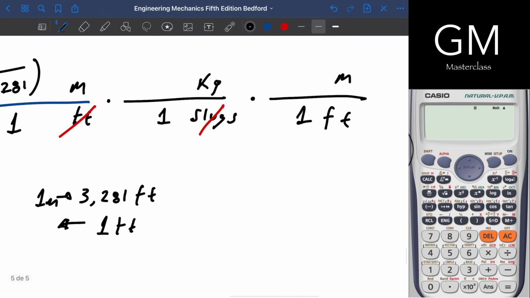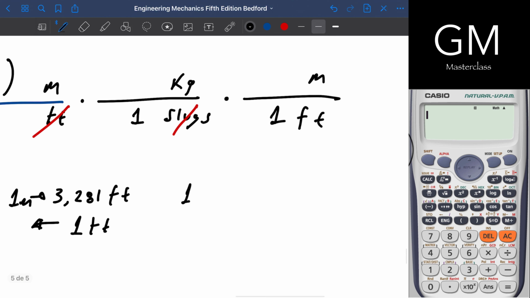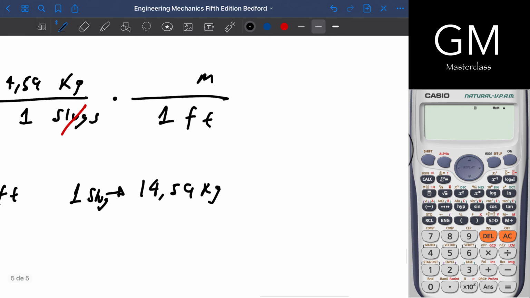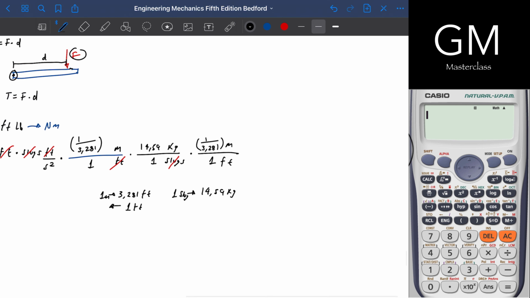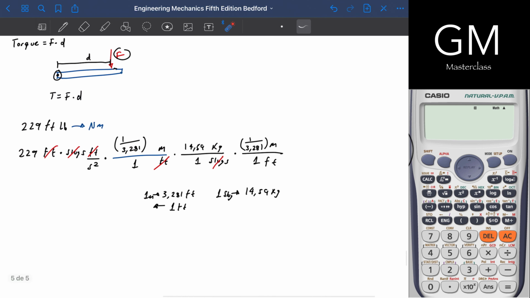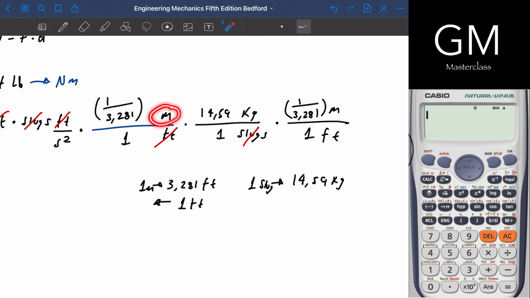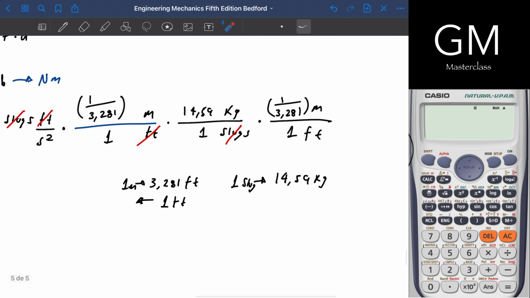And then I already know that 1 slug is equal to 14.59 kilograms. And then the thing that I just did. And as you can see, the result will be in meters multiplied by kilograms, multiplying again by meters, divided by square seconds,